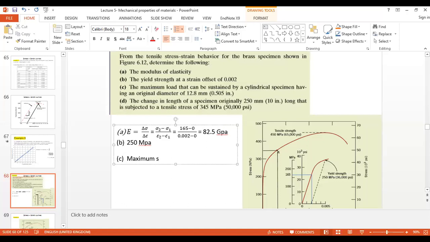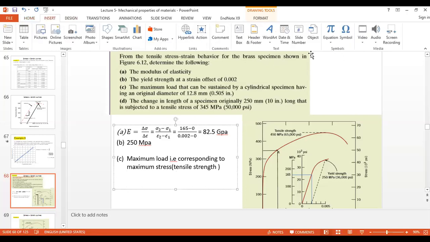Maximum load, that is corresponding to maximum stress. That means corresponding to tensile strength. Right? So we can write